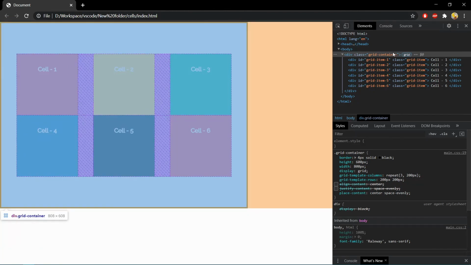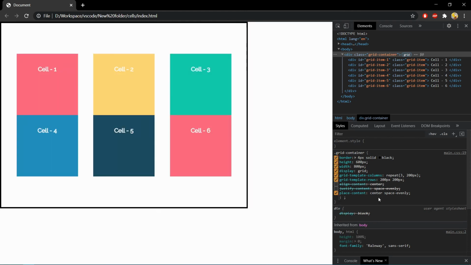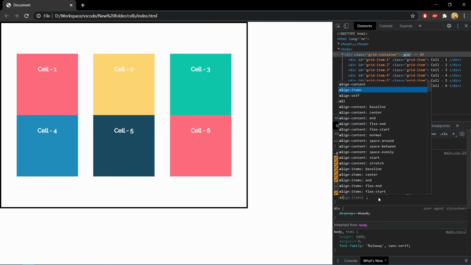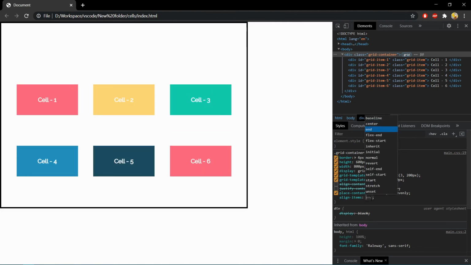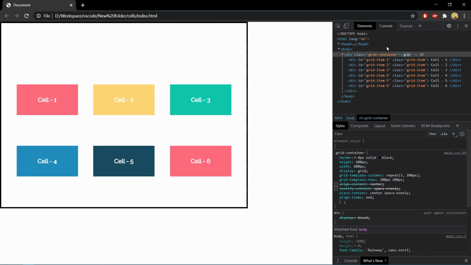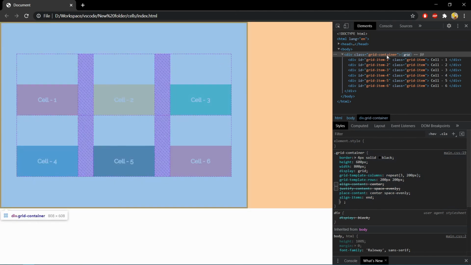Now let's see how we can align content in the tracks. For that purpose, we can use the align items and justify items properties. You just have to remember, whenever the word align comes into the property, it helps to move items along the y-axis. Whenever the word justify comes into the property, it helps to move items along the x-axis. So align items. If I again hover over the container, you can see the items got placed in the center. You can also try end. Now if you hover, you can see it is placed at the end of the track.